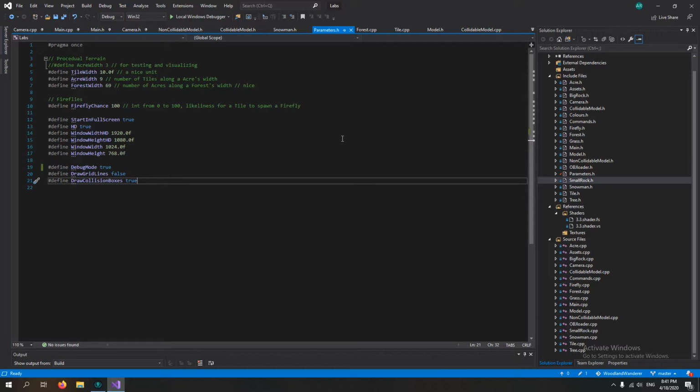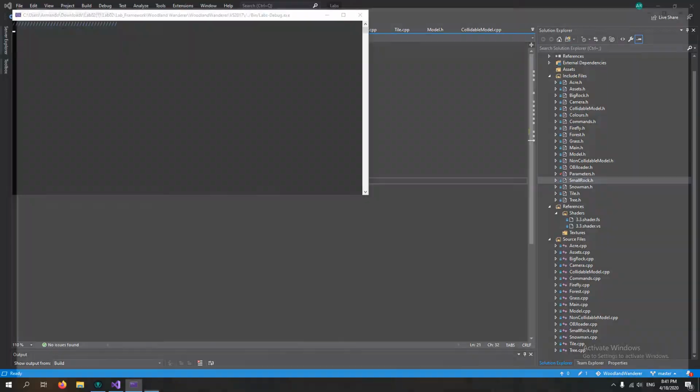So before we start, if you go to the parameters.h file, you'll see these three variables over here, which is how we will debug our program. So the first thing we're going to do is set the debug mode to true, and set draw collision box to true, which will essentially show the collision box of the snowman and the collidable objects. So if we run our program,